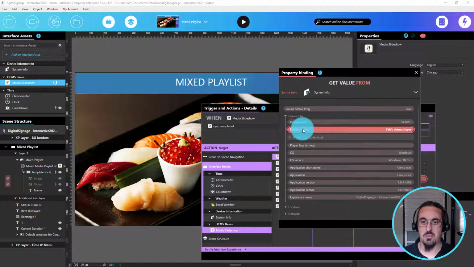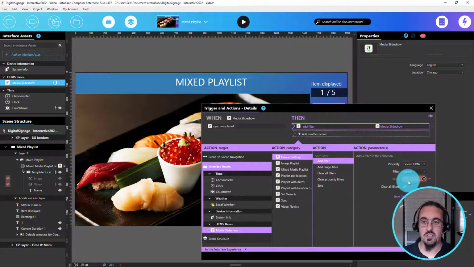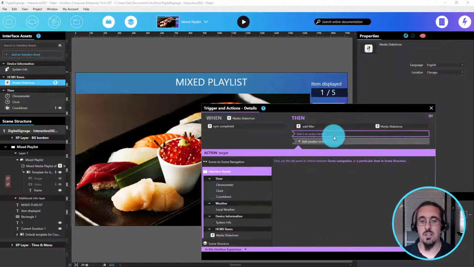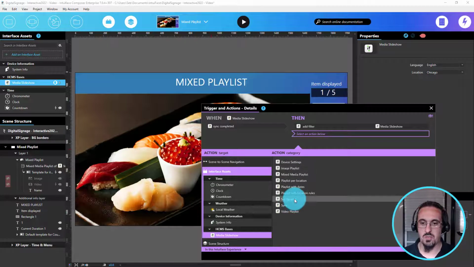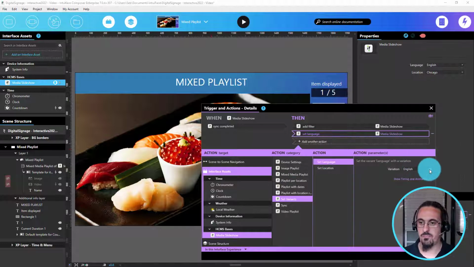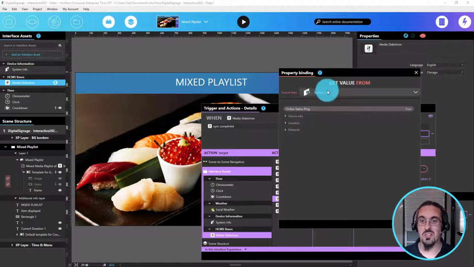My device name. When I do that, I will get only 1 remaining settings, the correct one for this particular machine. When I have that, then I can say on my base, I want to set a variant and I want to set the language